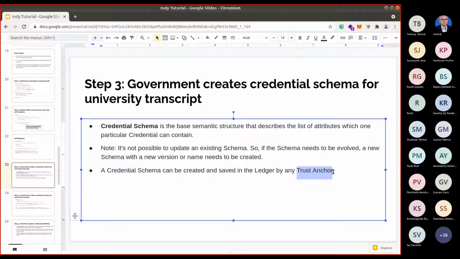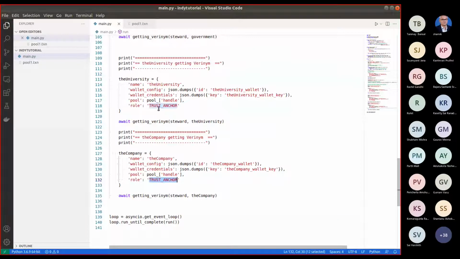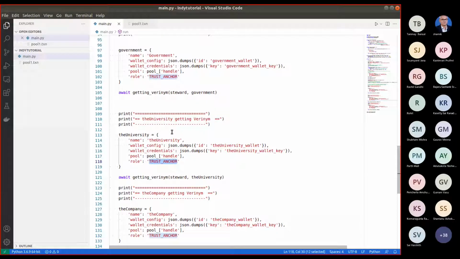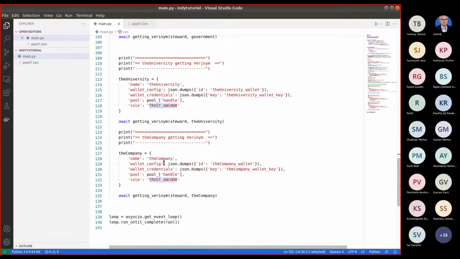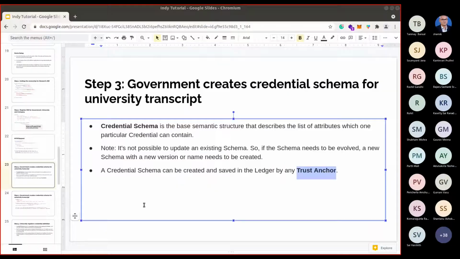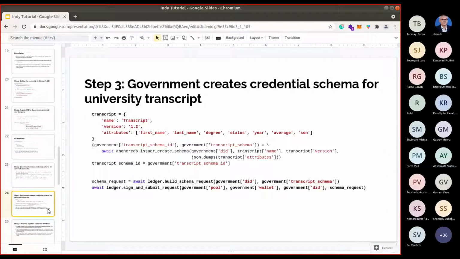Trust anchor is the role. So how many trust anchors did we register? We registered 3. Company is a trust anchor, university is a trust anchor, and government is a trust anchor. In our use case, the schema will be created by the government only. The government will tell that a transcript should look like this, and it should have the following fields.